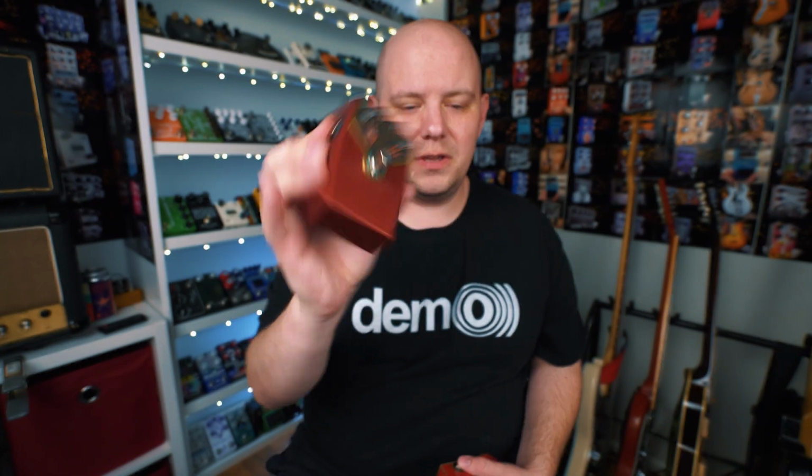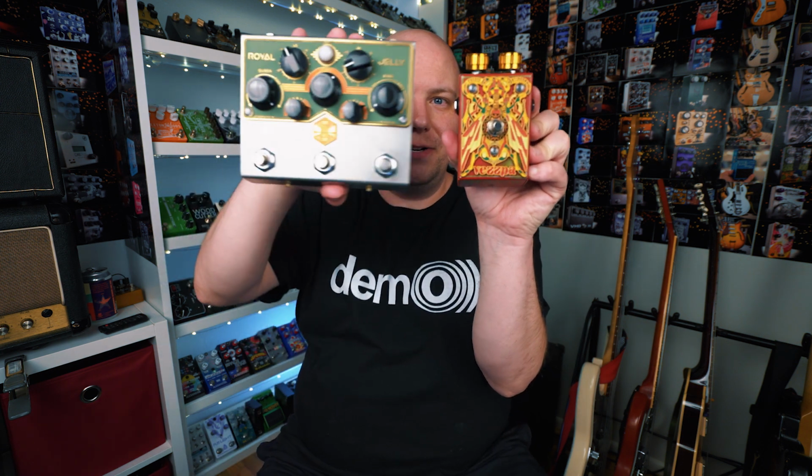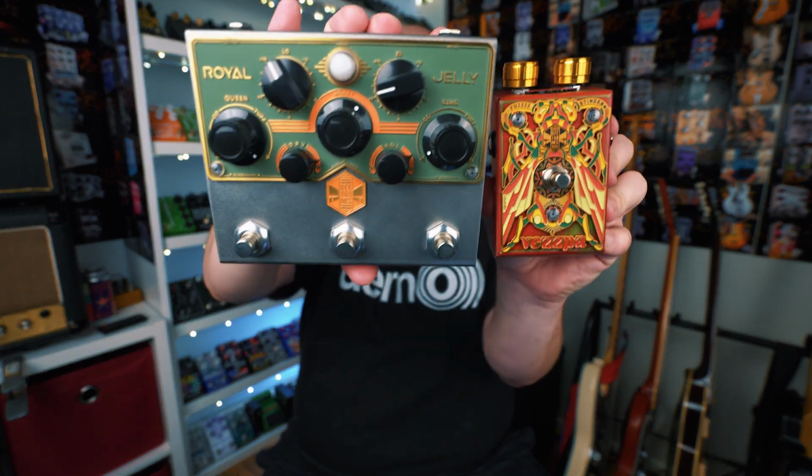The Vezzpa Octave Stinger is part of the Baby series, so it's a smaller enclosure just like the Fat Bee Overdrive, which is also part of their Baby enclosure. The Baby compared to the full Bee, there we go. As part of the Baby line, it's in this smaller enclosure, really pedalboard friendly, and one thing to note